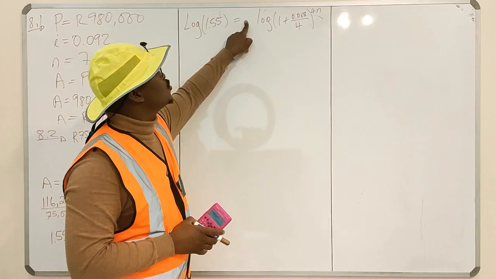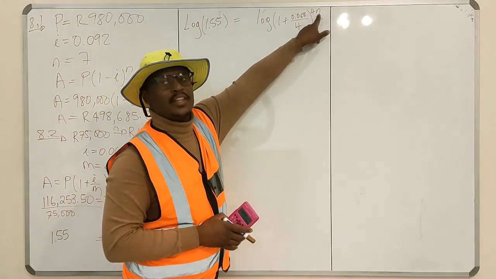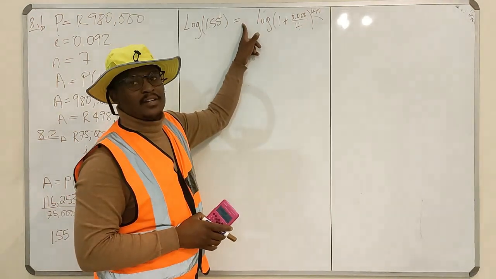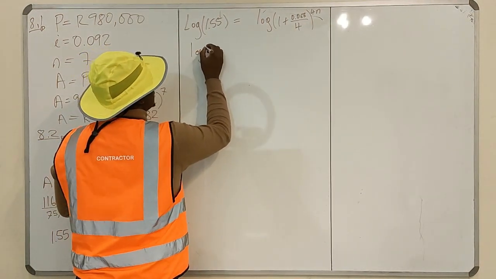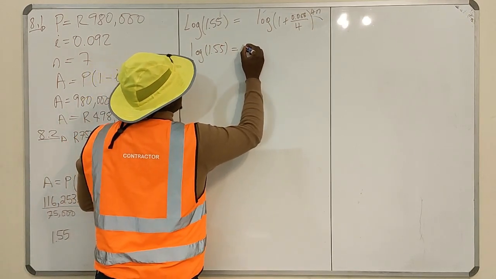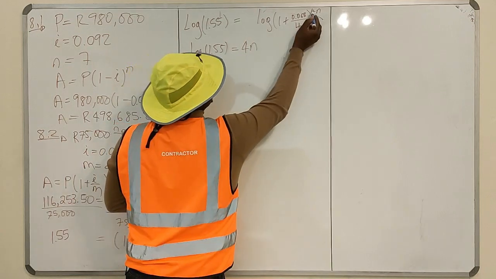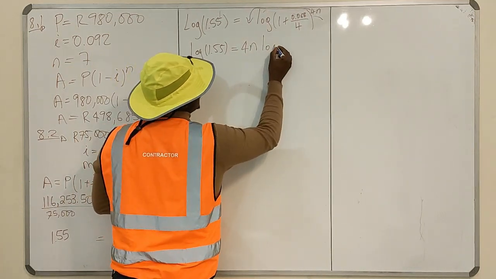So if you apply log like this, you can apply log and still have an exponent there. The exponent will move to the front. So you have log 1.55 is equal to 4N, so this 4N will move here, 4N log